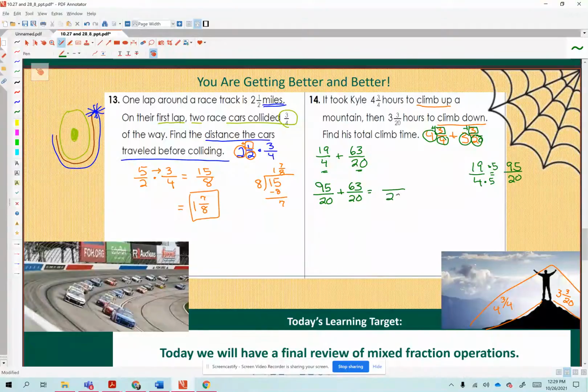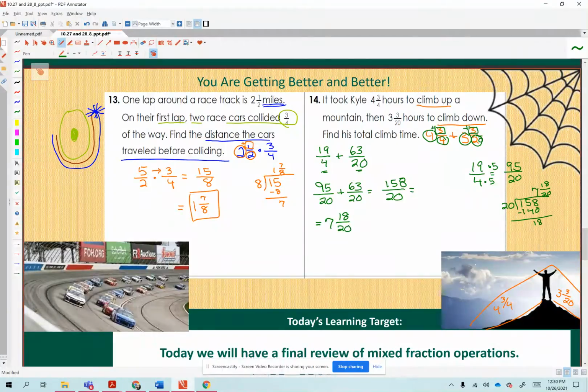So I have a denominator of 20 and a numerator of 158. So let's divide 158 by 20. And I know that 20 times 8 is 160. That's too big. So 20 times 7 is 140. And I subtract, that gives me 18/20. So far I'm at 7 and